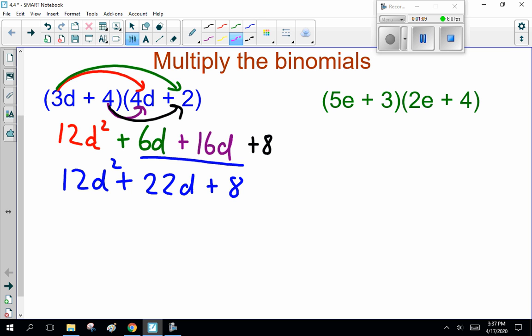And note here, you've got the number in front. That's annoying because you've got a number in front of the d's here. So the same thing here. When you multiply this one out,